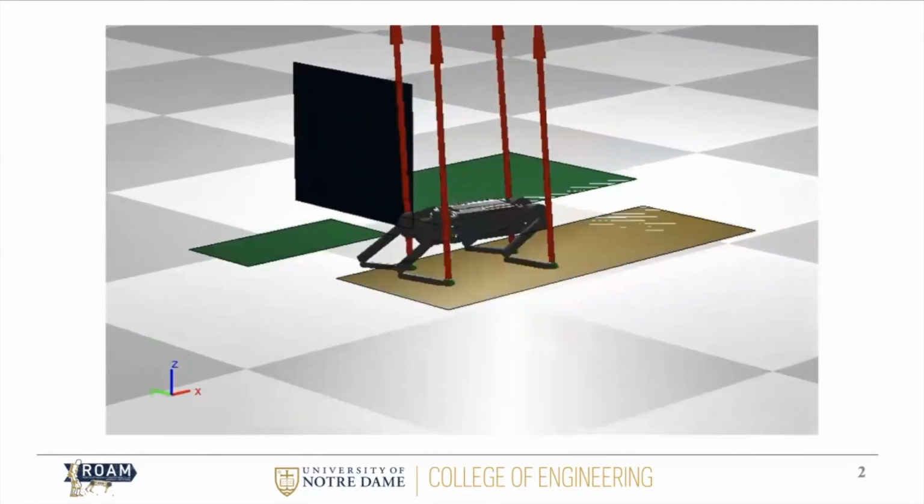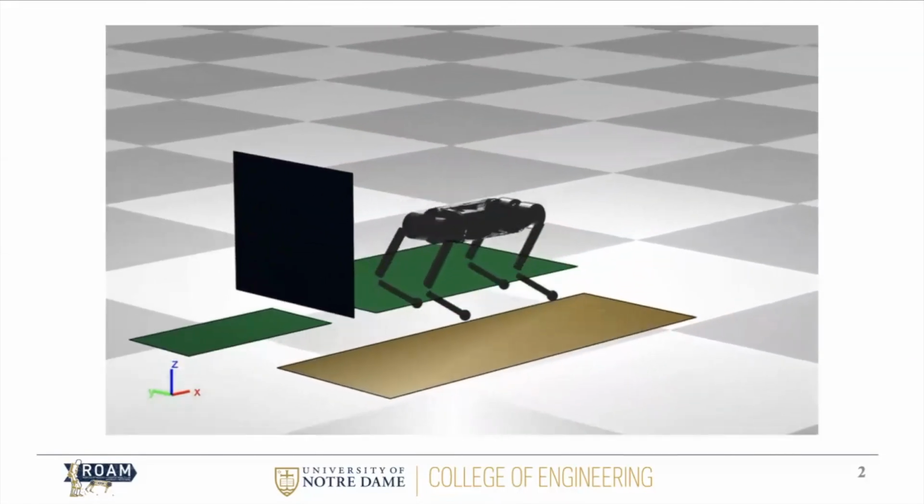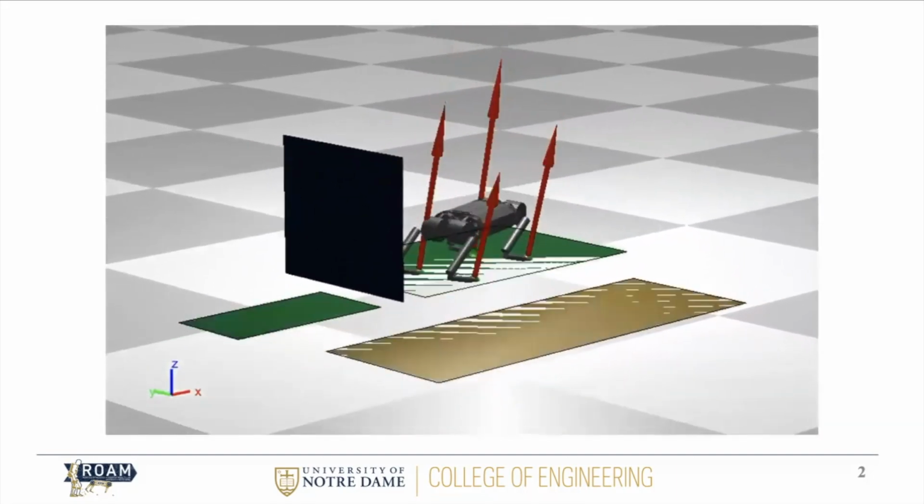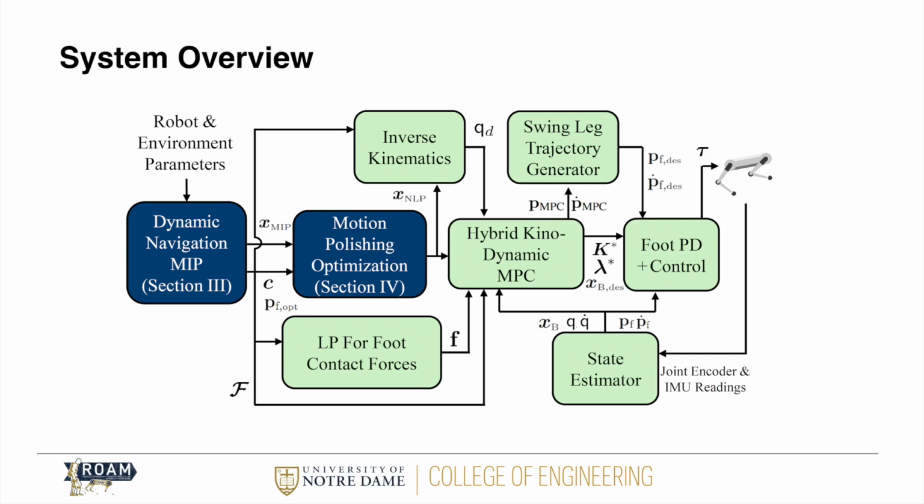Also, the planner must navigate around obstacles. These challenges are further complicated for dynamic movements because the planner must consider friction constraints, actuator limits, and the robot's dynamics. We proposed a new method for planning dynamic hopping in cluttered terrain based on a mixed integer program formulation